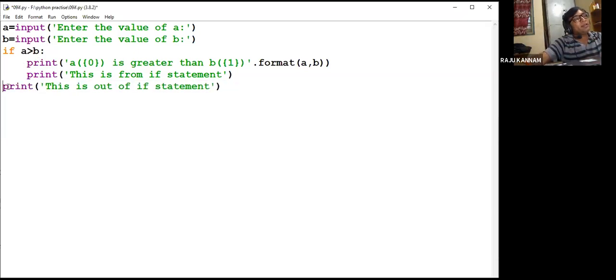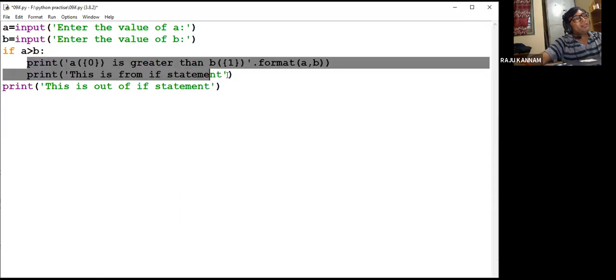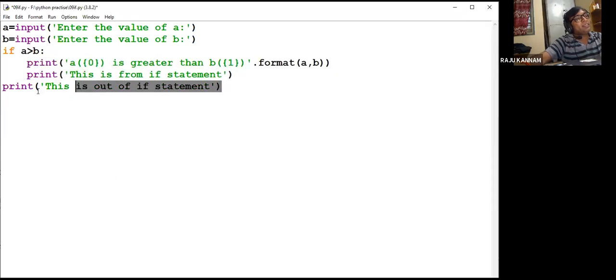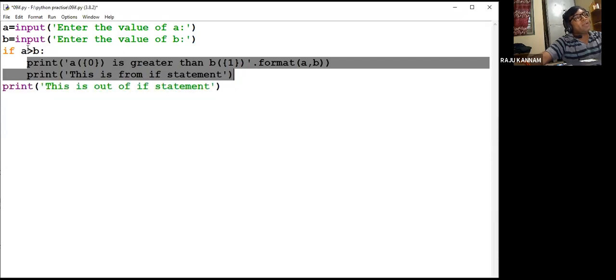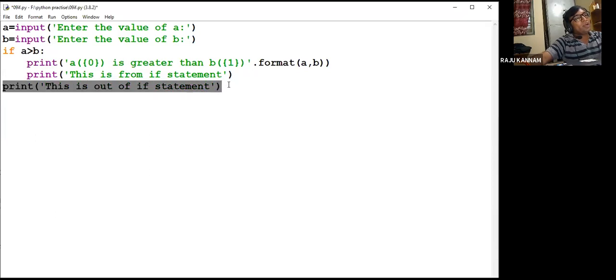That means this doesn't come under this if block, so this statement is always executed irrespective of whether A is greater than B or not. This block of code will be executed if the A value is greater than B, but this print statement will be executed always, irrespective of this particular condition.